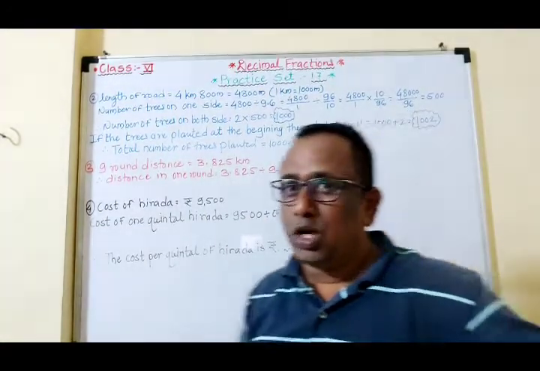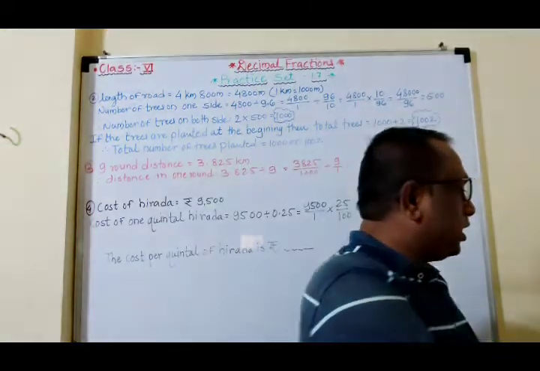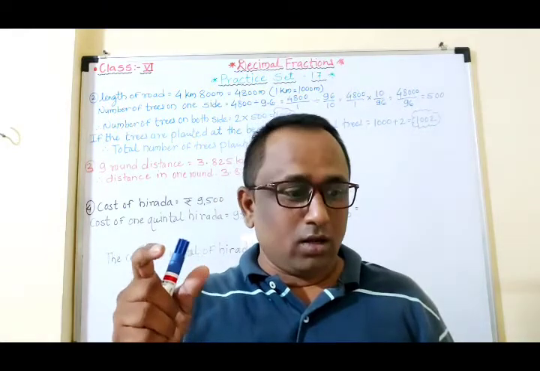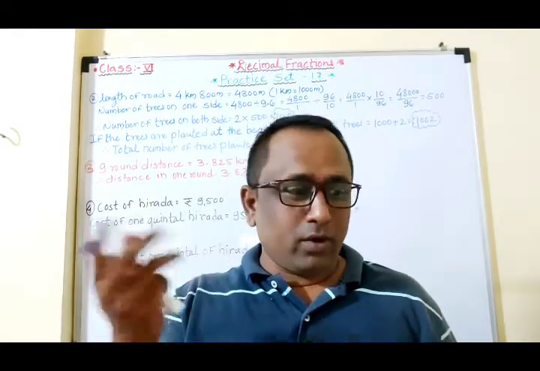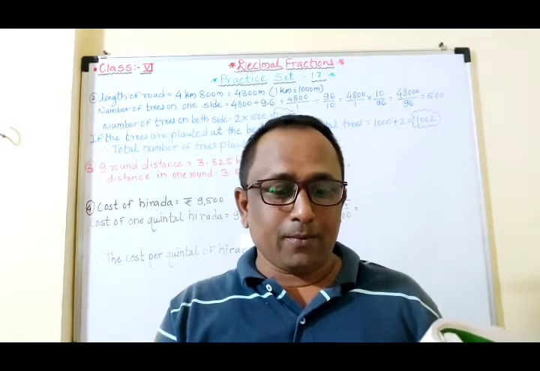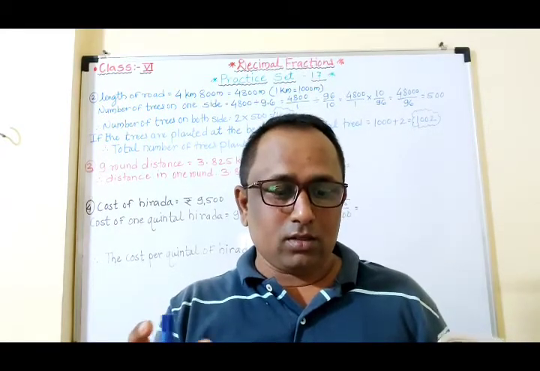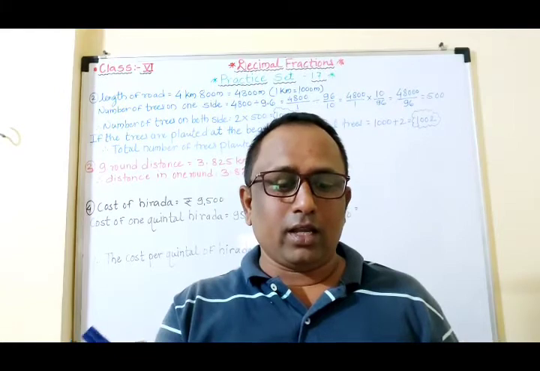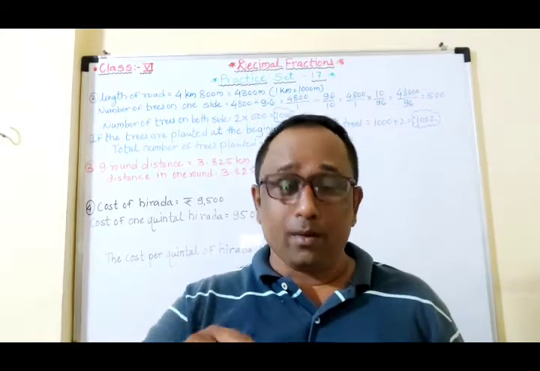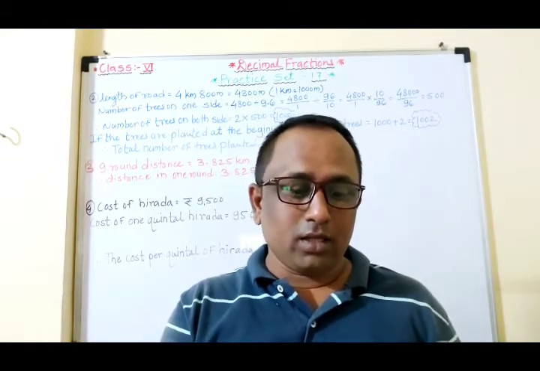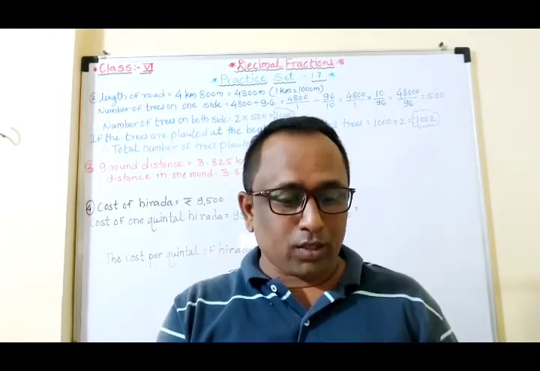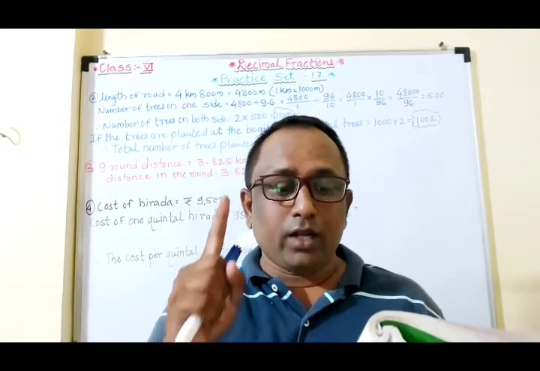Okay, now we'll move to the fourth question, that is the last one, I think. Correct, last one. Now see, a pharmaceutical manufacturer, pharmaceutical means those who are preparing the tablets and medicines, bought 0.25 quintal of Hirida. It is a herbal, a medicinal plant, maybe small children are given some medicine made from this Hirida, for 9,500 rupees. What is the cost per quintal? Per quintal Hirida we have to find.